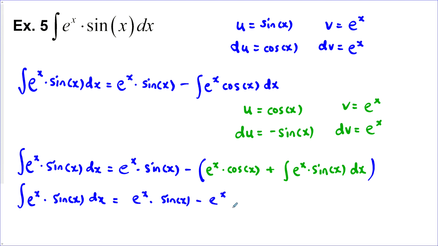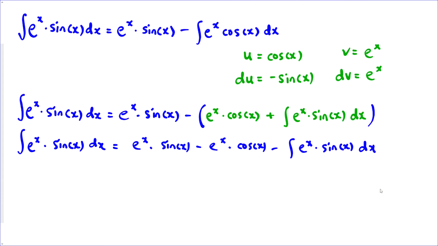And I'm just going to rewrite this without the brackets, distribute in the negative here. And you can see we ended up with something quite interesting. We ended up with the integral that we started with, which is pretty funny,